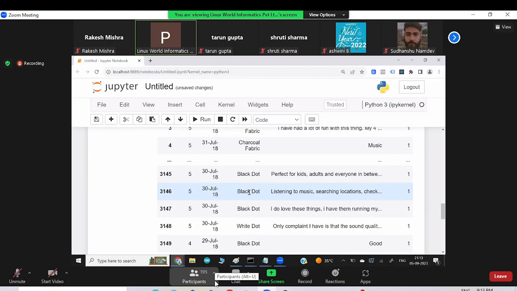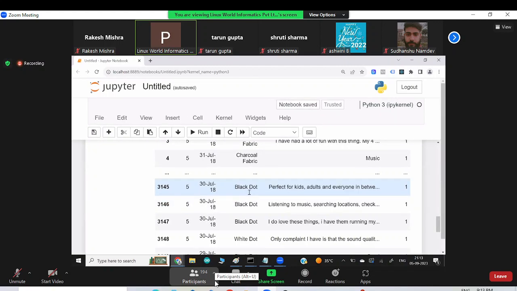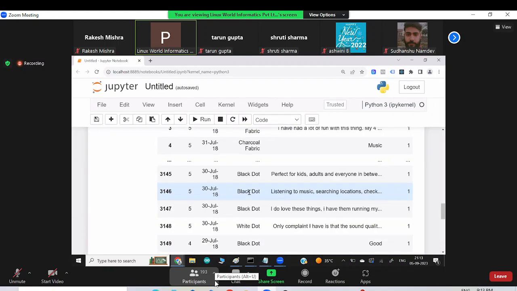We should know how many products are included in this data set, and which product is being rated most of the time. If I know black dot is the product given the most ratings by customers, then we can at least conclude that black dot is the product used most by customers. Then we can also try to find out what the sentiment about black dot is: do they really like this product or not, or are they giving a lot of negative feedback about it. So, the next point.